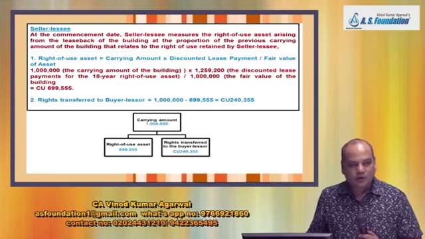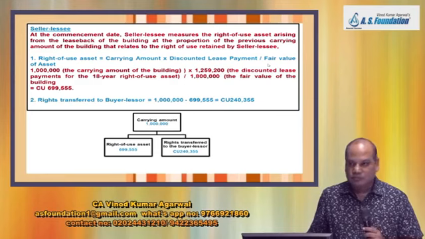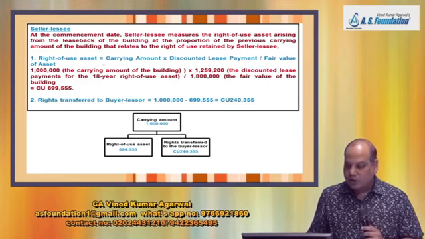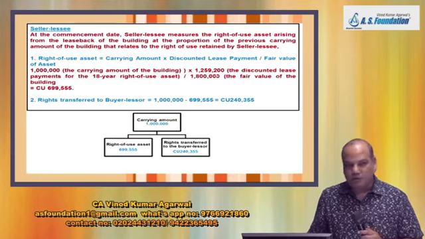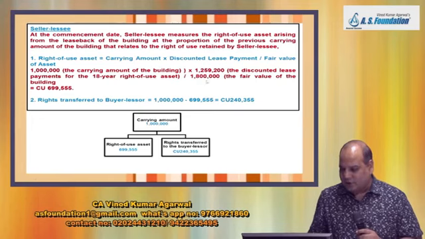So revise the formula again: carrying amount into discounted lease payment divided by fair value of the asset. Okay, my carrying amount is 10 lakh. The present value of the lease payment is 12,59,200 and the fair value of the asset is 18 lakh. So proportionately